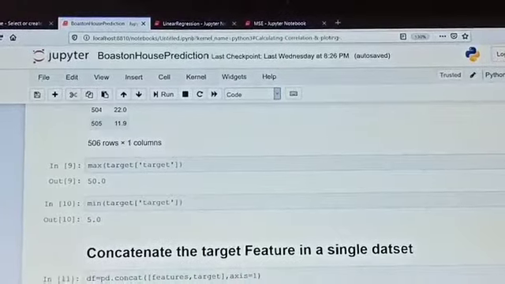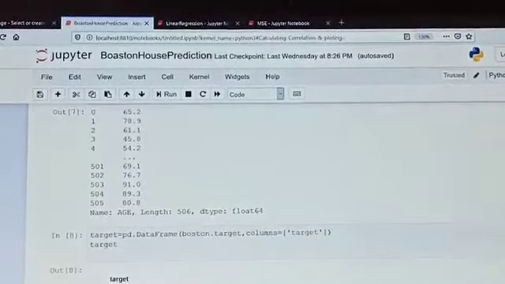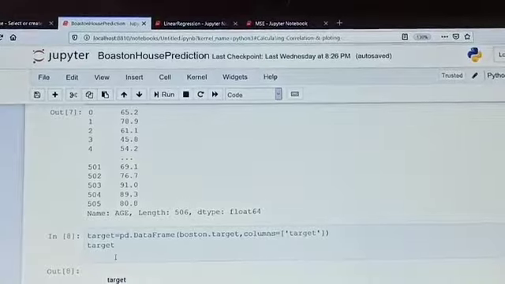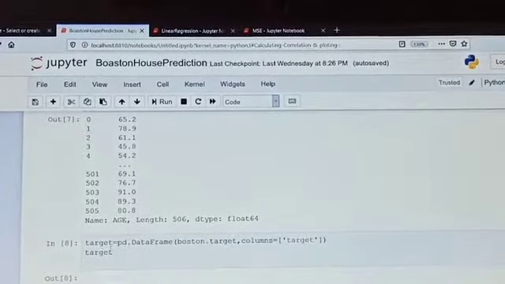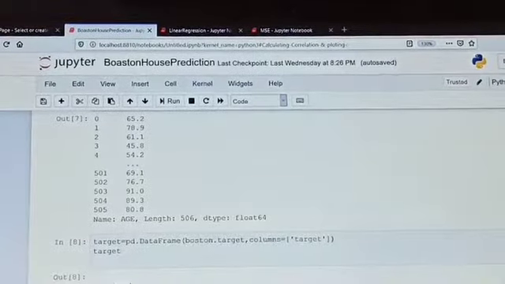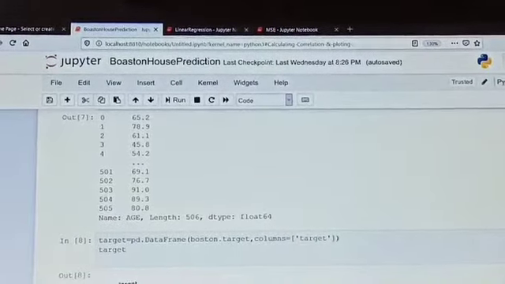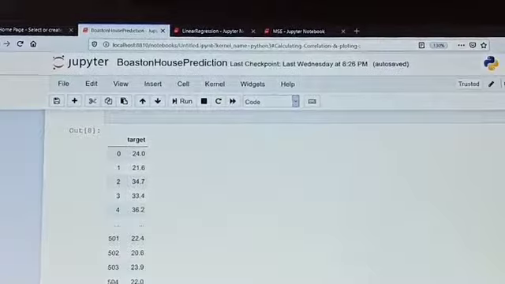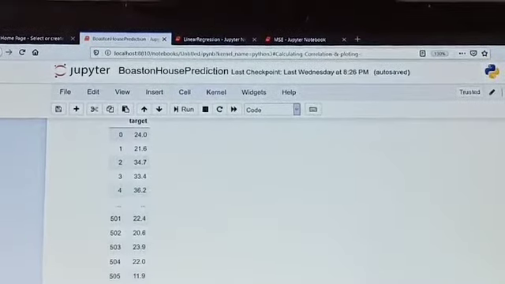Now next one is to calculate the target data. This is also the same, by target equal to pd.DataFrame and we put in the target value. This is the dependent value and all attributes are independent ones.